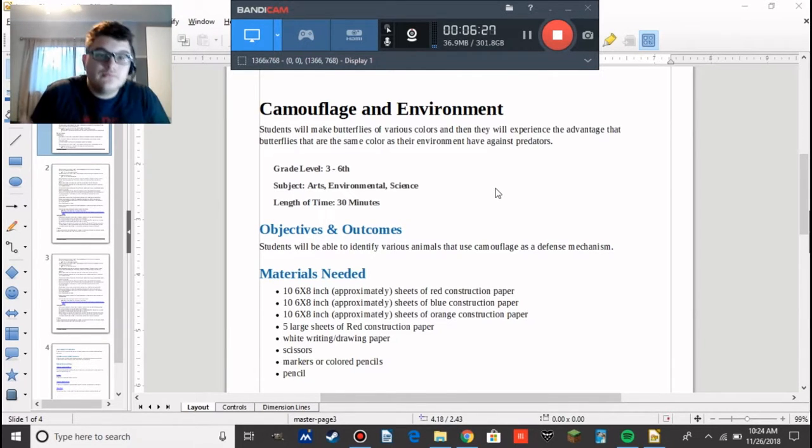So, good and bad there. If you do choose to build them beforehand, then that means the students will be able to just keep on going, and you can discuss why you're using these colors and do it in a relatively quick manner. By the time you've discussed the project, translated the instructions to the project, and given everything out,